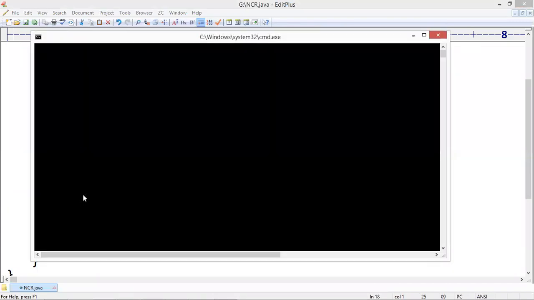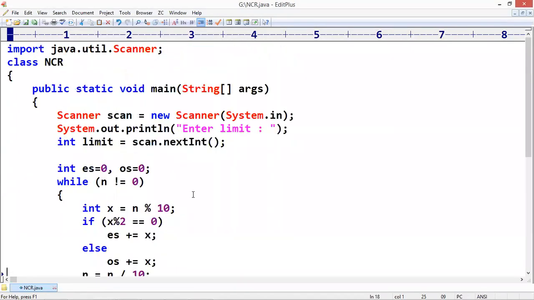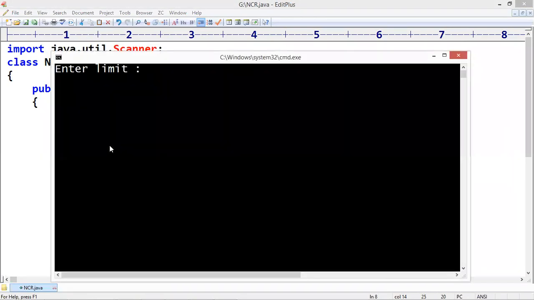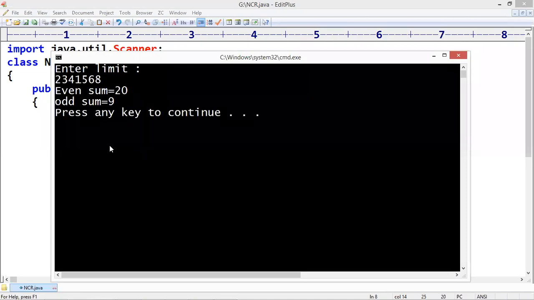Even sum and odd sum is... Odd sum is just 4, 5, 3 are there. 3 plus 1, 4, 4 plus 5 is 9.